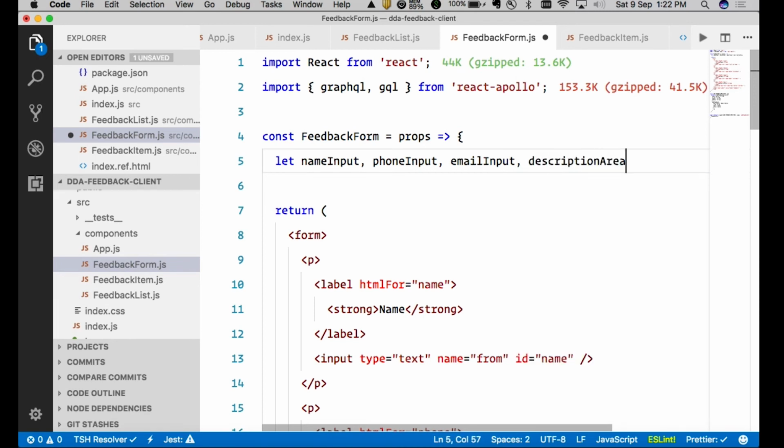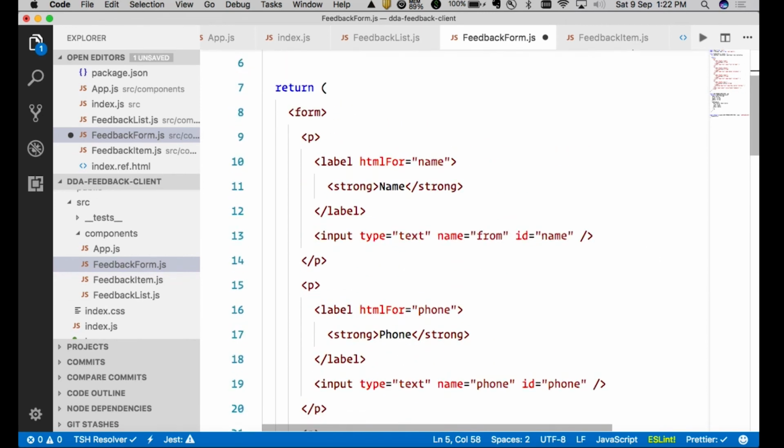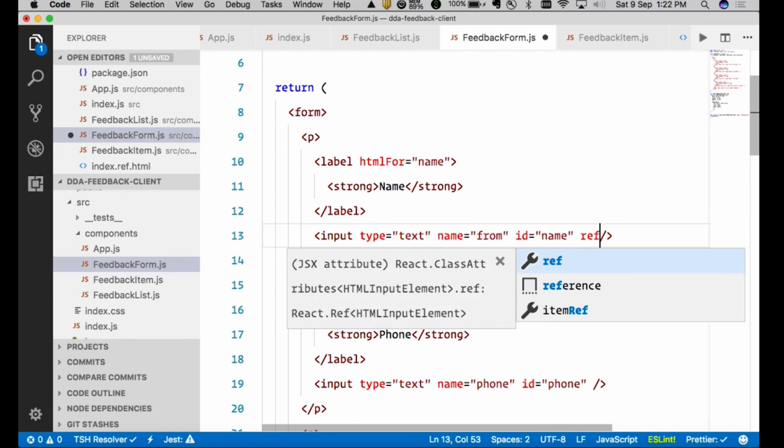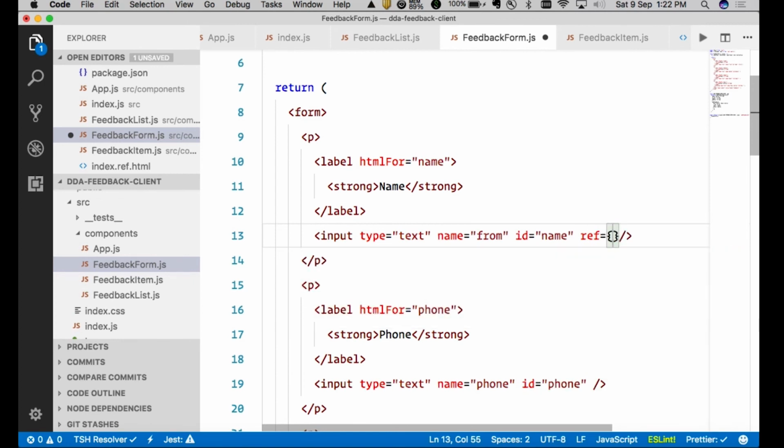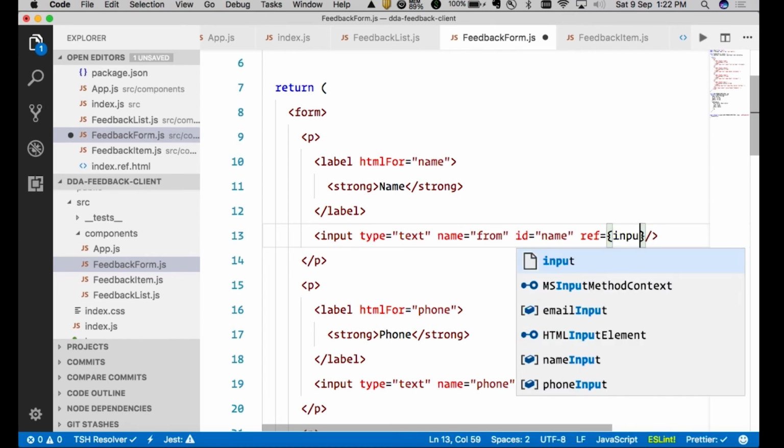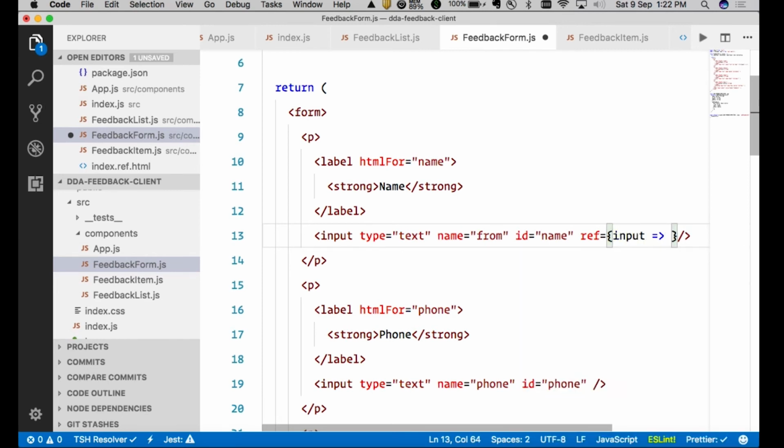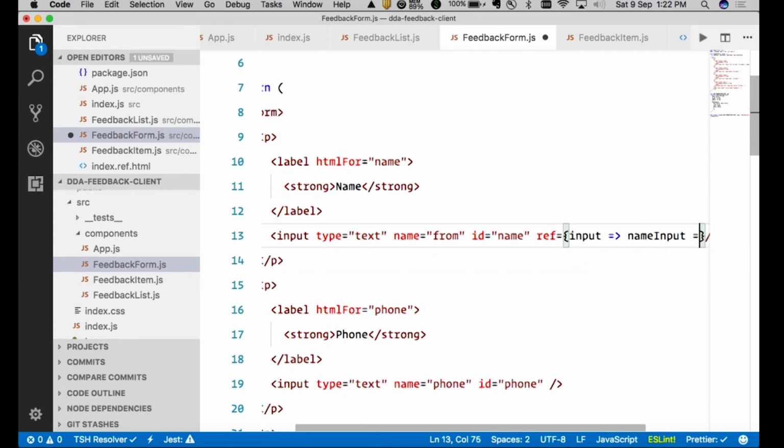So I've got a description area. So inside each of these inputs or text areas, you can have a field called ref, which basically gives you a function inside which you get the reference of the DOM element, right? I'll get a reference of the input, and I just store it within name input,